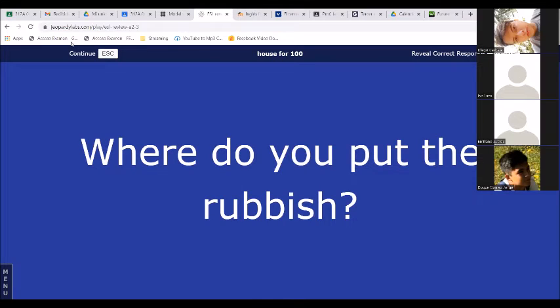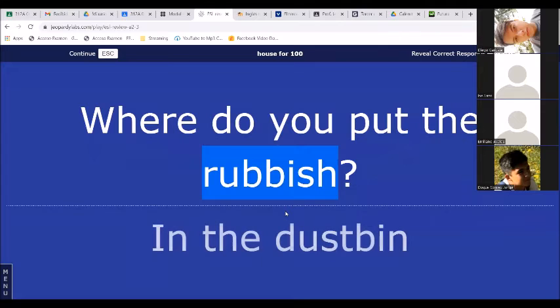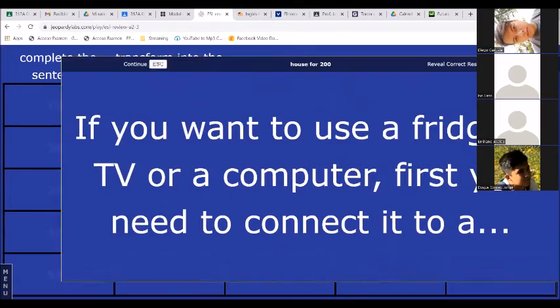In the fridge? Rubbish? No. In the fridge, you put food. You put the rubbish in the dustbin, the garbage bin, the trash can, the waste basket. That's where you put the rubbish, right?